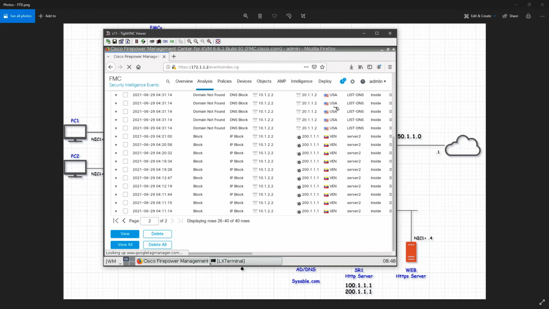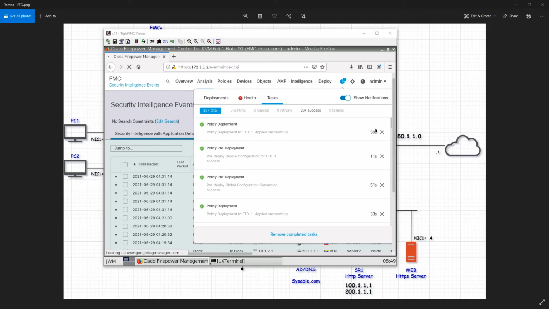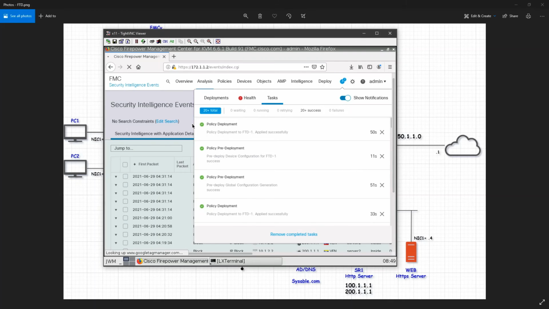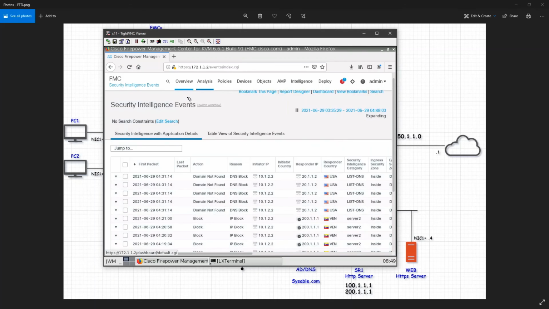So let's wait for this policy to be deployed. Once that is deployed, we will cross check the security intelligence events and verify that. Right, so my policy is being deployed. So I will go to overview, go to dashboards, and I will go to my PC now.